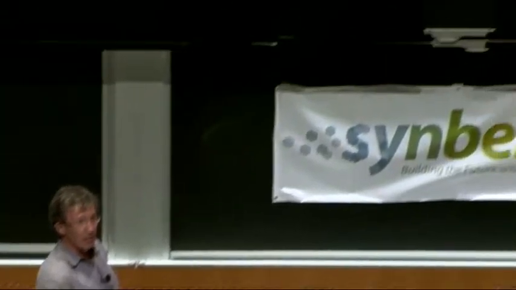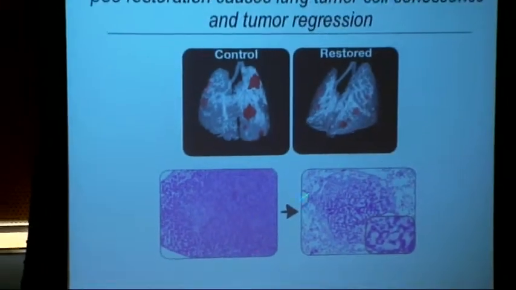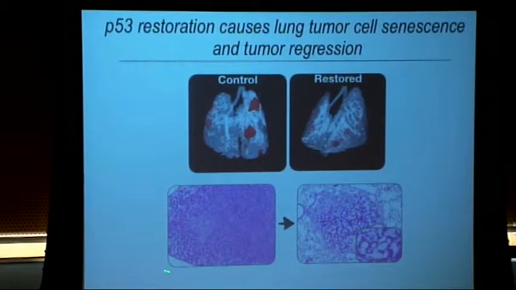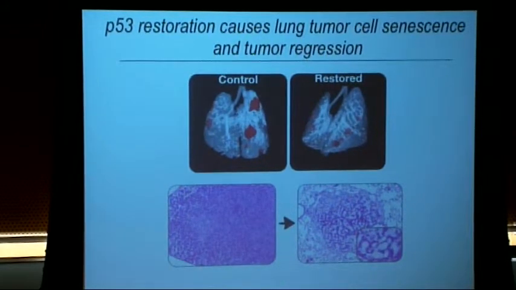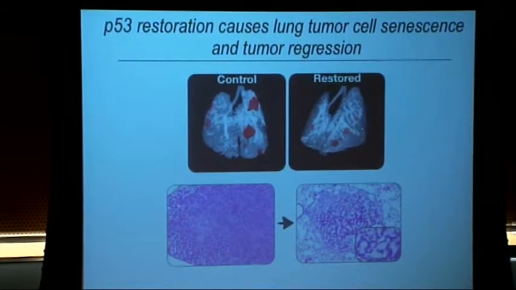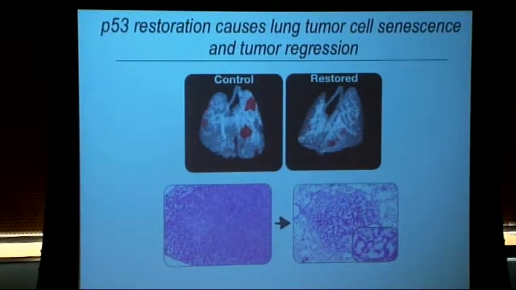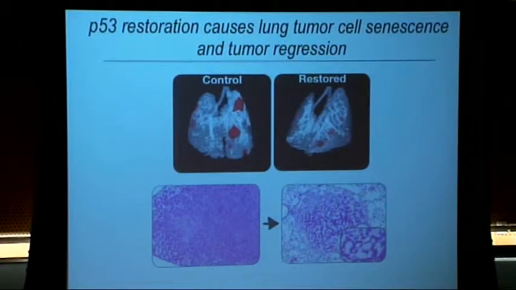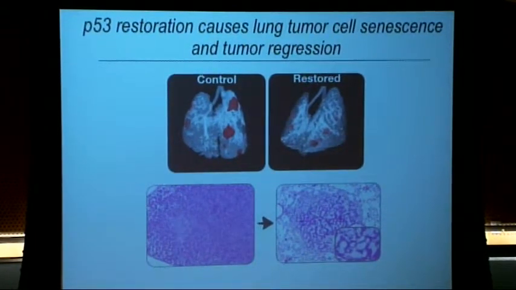tumors, visualized here by micro-CT imaging, to much smaller tumors. Before p53 restoration, the tumors would look like this. After p53 restoration, they look like that, sort of a Swiss cheese appearance, and that's because cancer cells are eliminated. Interestingly, it's not all the cancer cells. It's only the advanced cancer cells. It's only the carcinomas. The adenoma-like cells, the earlier stage cells, are spared from death, or elimination in this case,